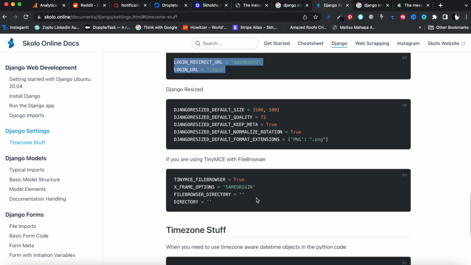Okay, Django resized. If you have installed Django resized, then you might want to put these settings in there. All right, I will install Django resize. In fact, I've already installed it, so I know I'm going to need it. So I'm going to just